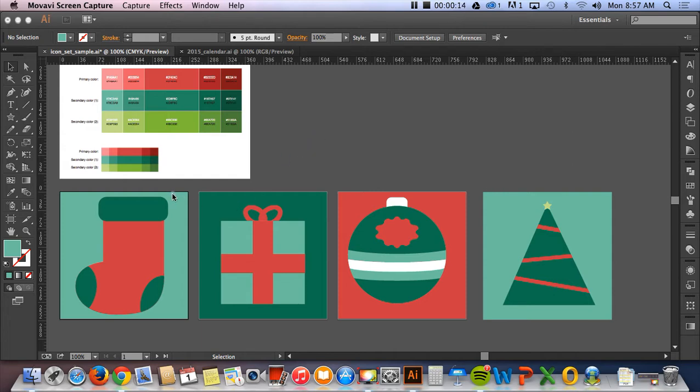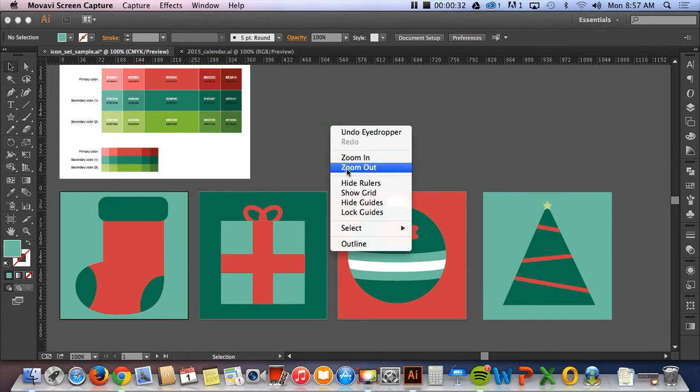The first thing that we need to do is make sure that all these objects are kind of the same size. You can see that the stocking is a little bit bigger than the present. This is a little off-centered, so we want to make sure that we know how to get that all lined up. If you go anywhere on your document where nothing is, and you right click, you can do something that says